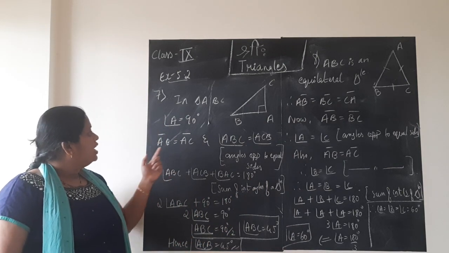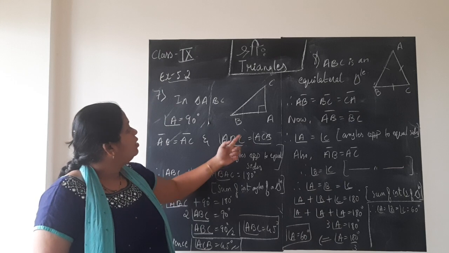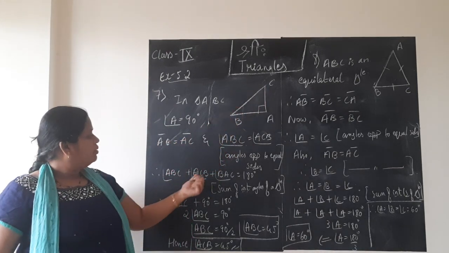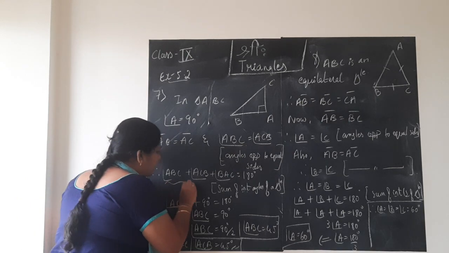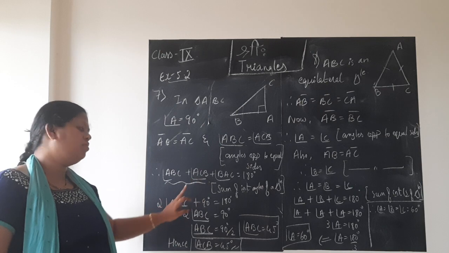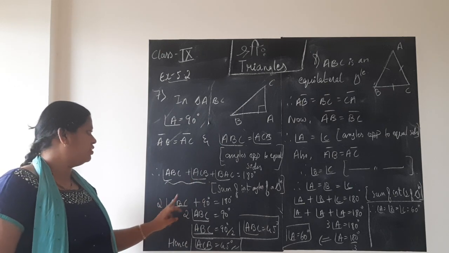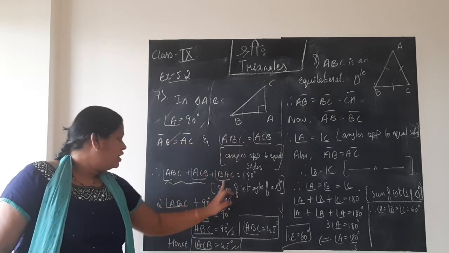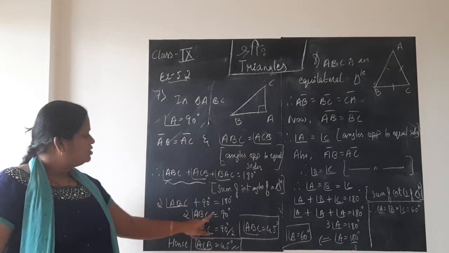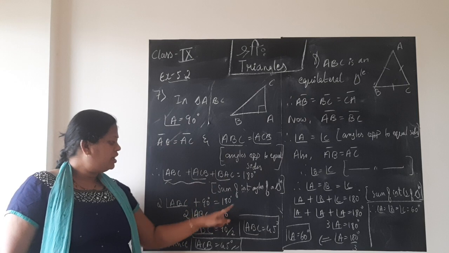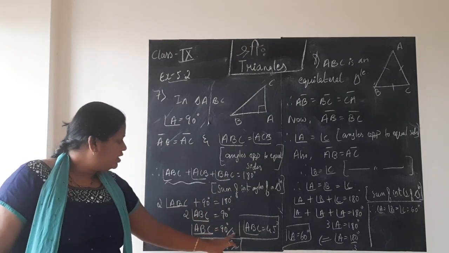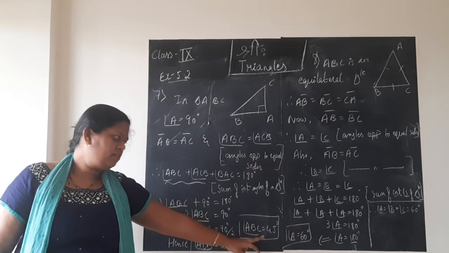Now, angle A is equal to 90 degrees, and angle B equals angle C, as we have proved. So I am replacing angle B and angle C by one angle. I have written 2 times angle ABC. If you want to write 2 times angle ACB, it doesn't make a difference. Now what is angle A? 90 degrees, so I substitute it: 90 plus 2 times angle ABC is equal to 180 degrees. So 2 times angle ABC is 180 minus 90, which is 90 degrees. Directly I have written, so angle ABC will be 90 by 2, which is clearly 45 degrees.